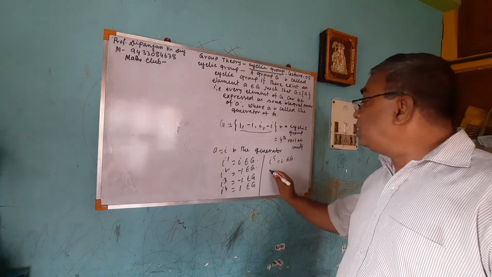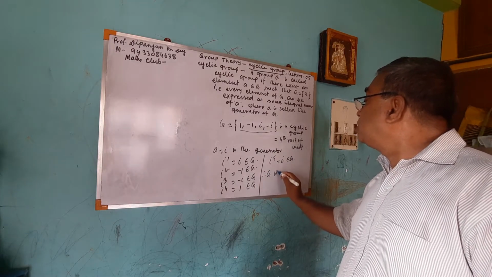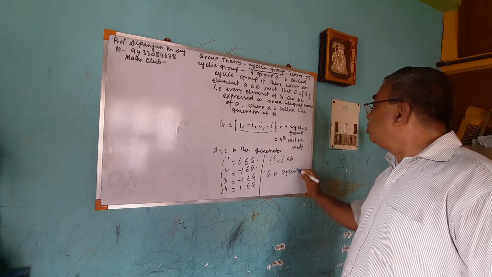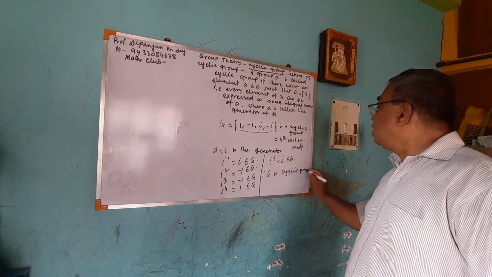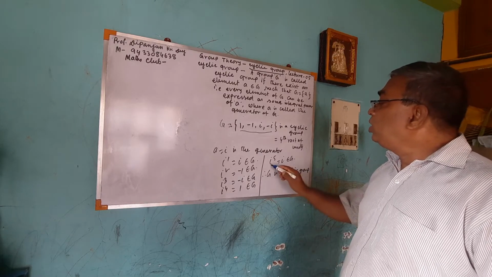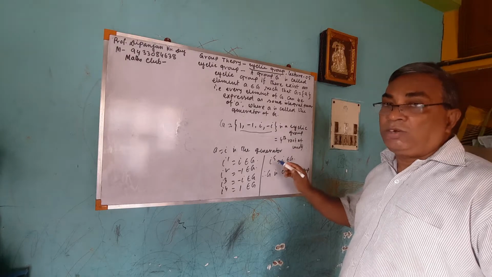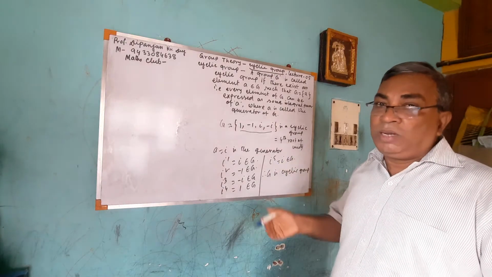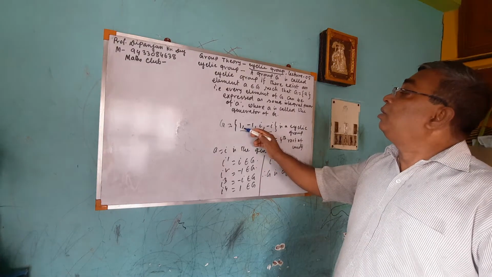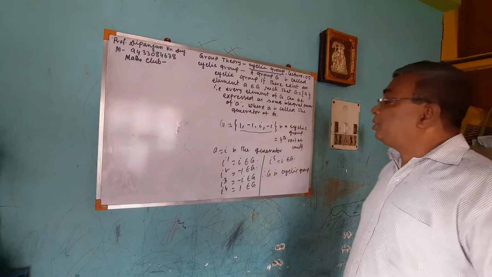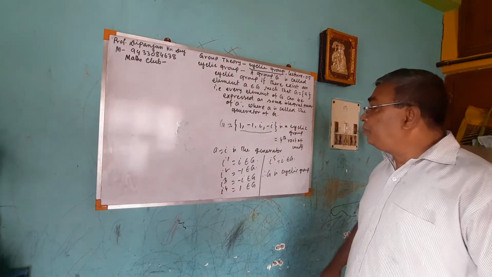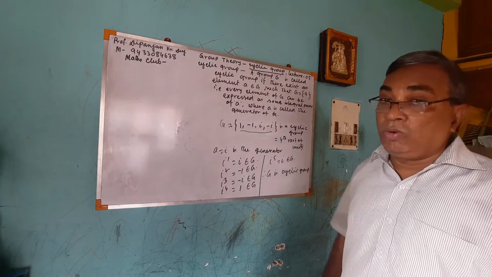So G is a cyclic group. I'm doing here i to the power 5, then stop. i to the power 6 you can do, i to the power 7 you can do. Then you will see all the results come in between, that is plus 1, minus 1, plus i, minus i. So i is the generator of the group. So G is a cyclic group.